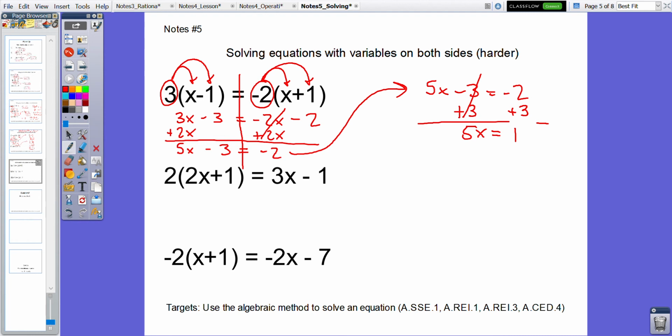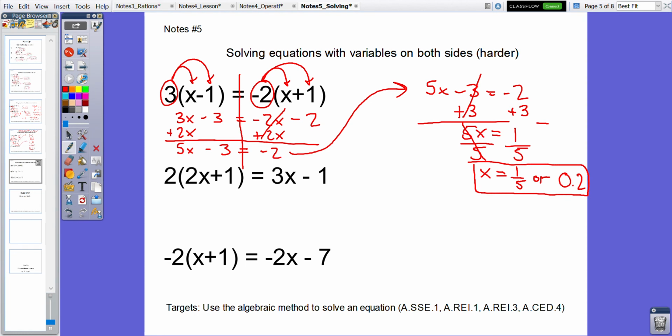The only way to find that out is to divide, using the division property of equality. So divide by 5. 5's are going to cancel on the left side. 1 divided by 5 actually is going to be a decimal. It's not going to be 5 because I have 1 divided by 5, not 5 divided by 1. So we can leave this as a fraction, 1/5, or we can write it as a decimal, which, if you do 1 divided by 5 in the calculator, gives me 2/10. Okay. Looking at the next example,